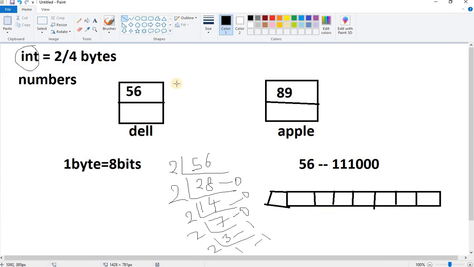Clear? As this is binary data, we will number it as 2 to the power of 0, 2 to the power of 1, 2 to the power of 2, 2 to the power of 3, 2 to the power of 4, 5, 6, and this one will be 2 to the power of 7.